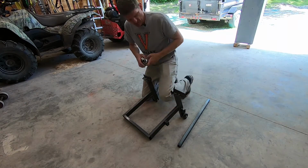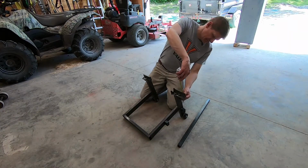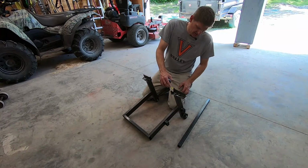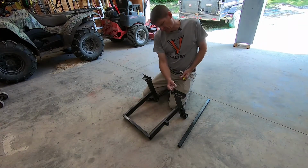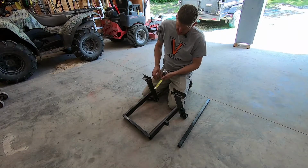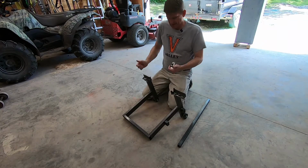But anyway, dimension wise, as far as the adjusters on top, that angle iron, the angle that I used is 1.5 inch angle, it's 3/16. Dimension, it's 1.5 inch, and total length is 4 3/4. That's how long these are. These little pieces here that I made to actually lift the back of the bike are 2 inches square, and then of course I just notched them to go underneath